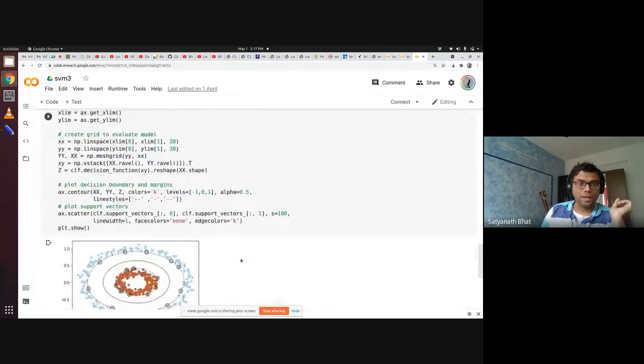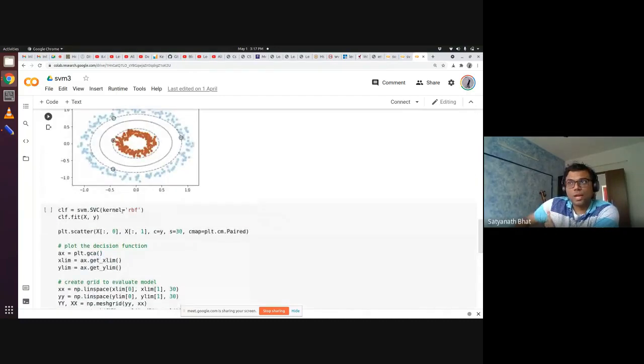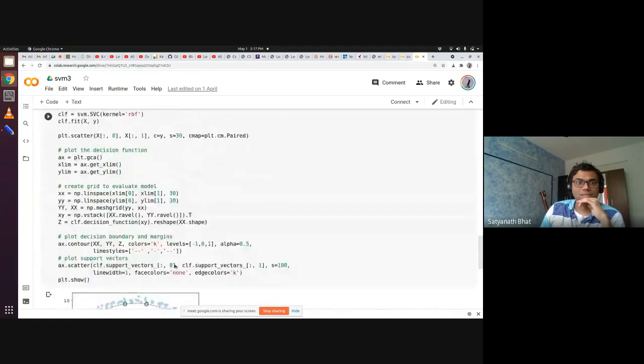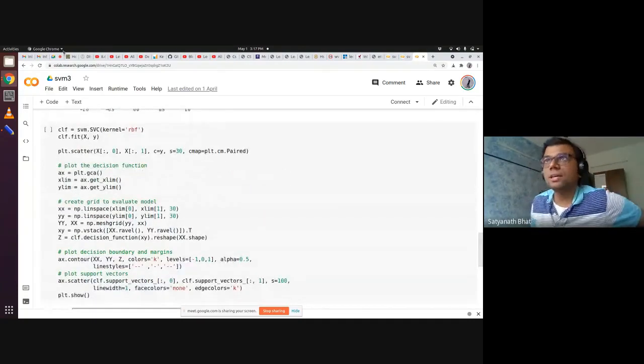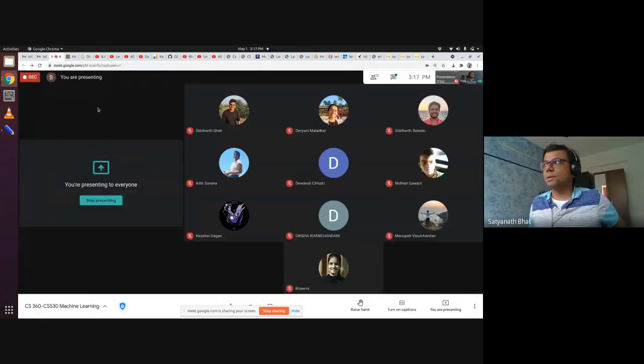Of course, the Gaussian kernel does very well anyway, no matter how. If you experiment with even the Gaussian kernel, the radial basis function, it does very well. So just try out with different training sets. It looks very elegant. Anyway, that's about it. I don't have anything more to add, so unless there are any questions, we'll stop here.